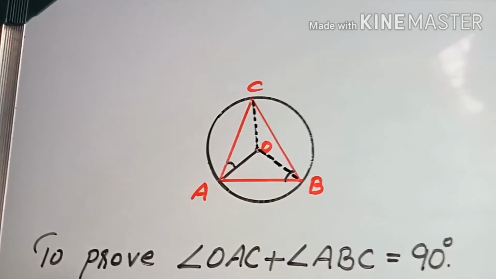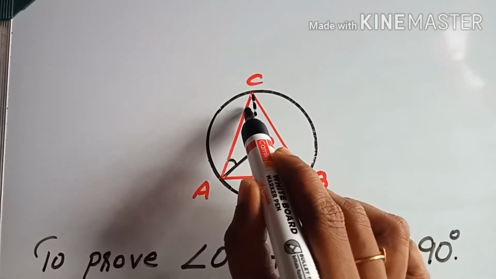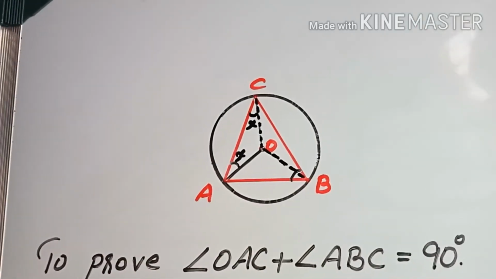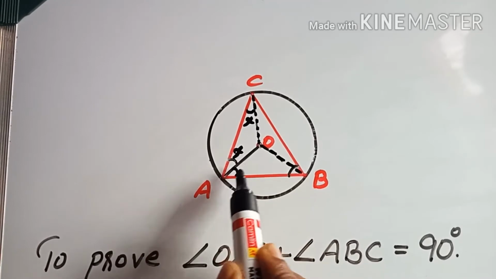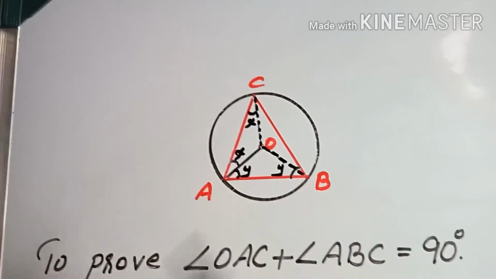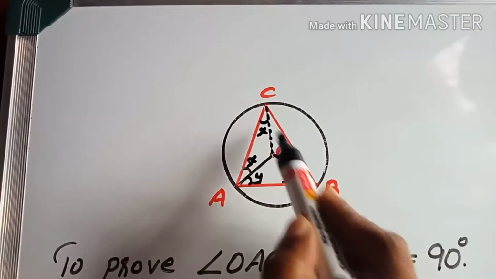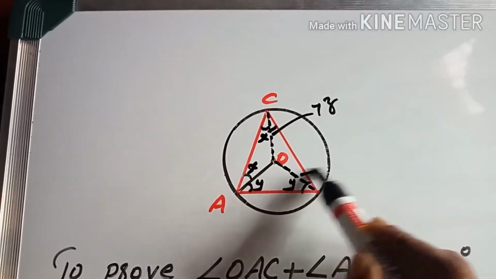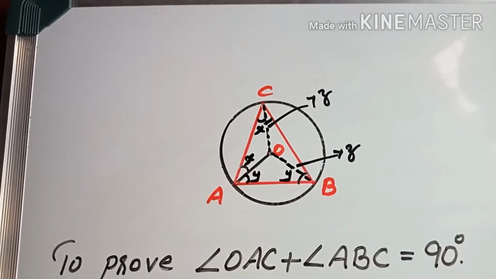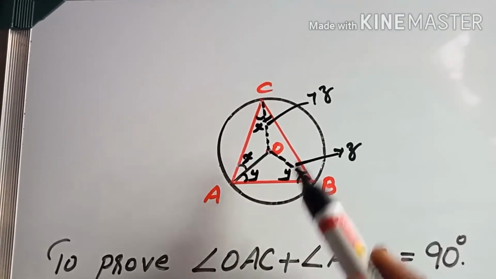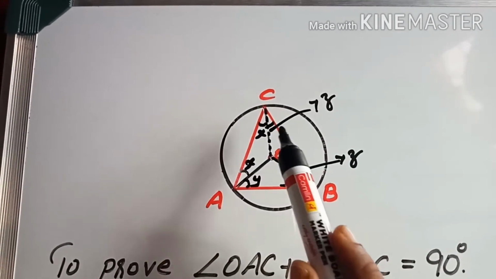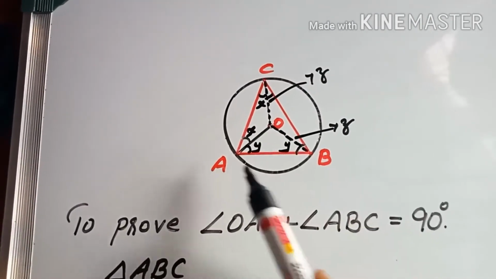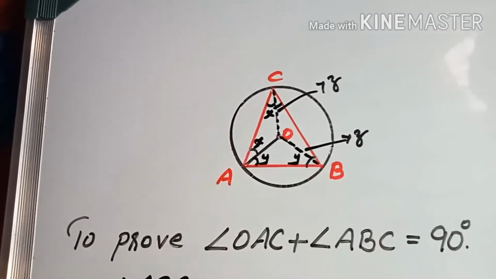Now here angles are not given, but let's consider the angles here. Let's consider it as X, and isosceles triangle means this will also be X. Then consider these two as Y here, Y here. Then the remaining two, let's consider as Z, and here also Z. Okay, now after that, the sum of all these angles for the triangle ABC. Sum of all the angles means angle A plus angle B plus angle C.